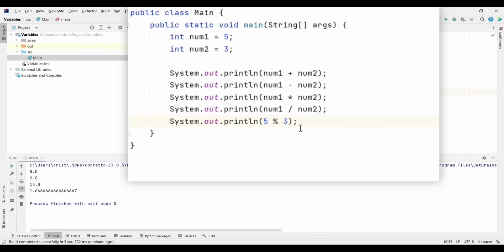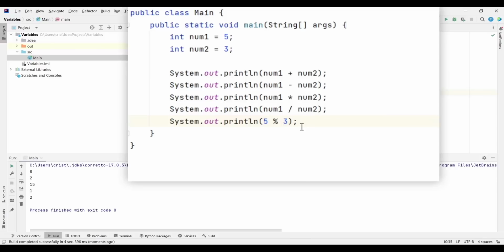So it's going to give us the remainder of 5 divided by 3. So if you run this, as you can see, we have 2. So this is the remainder of 5 divided by 3, and we have the remainder 2. So this percent sign is giving us the remainder.